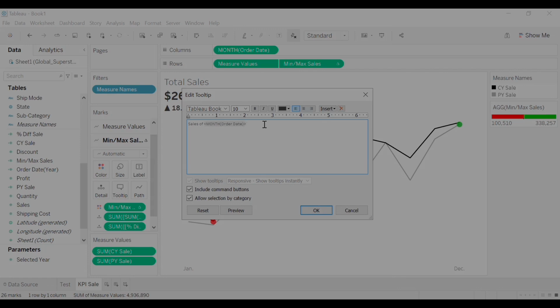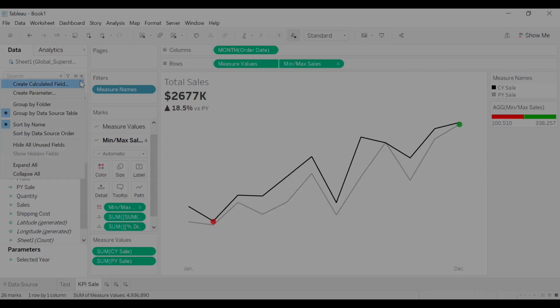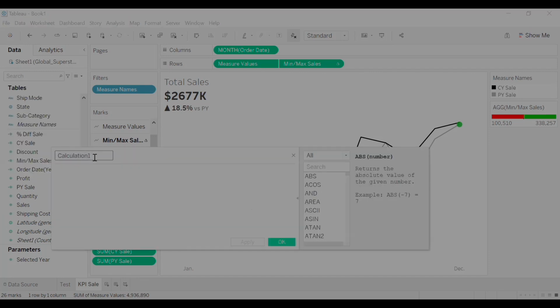And then what I also want to see when I hover over each of the points is which year, the exact year of the current year. To do that, we need to create another calculated field, because we cannot just use the selected year parameter here. If we do that, it would show the same year for the previous and the current year, which is not correct, right? So we need to create a new calculated field. I can close this one, go to create calculated field, and then say current